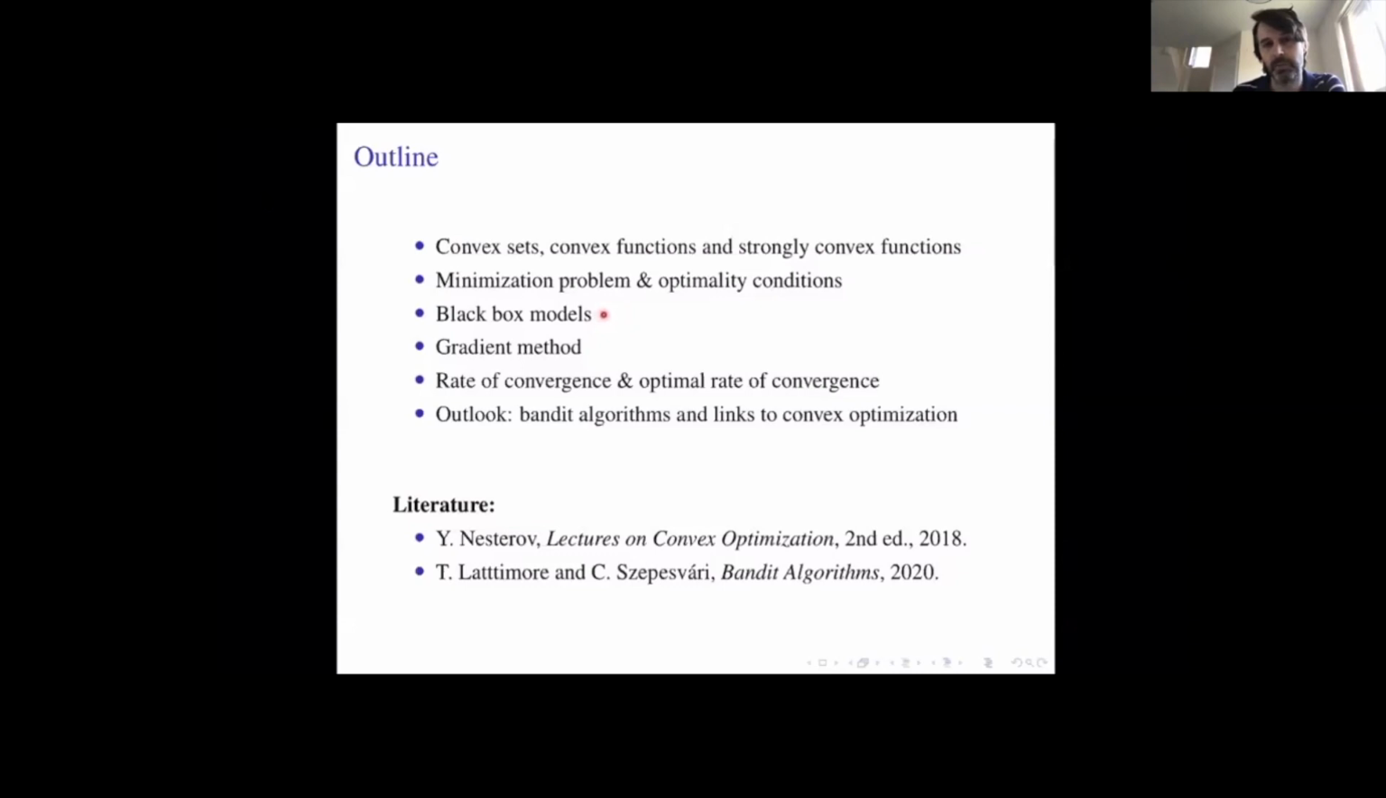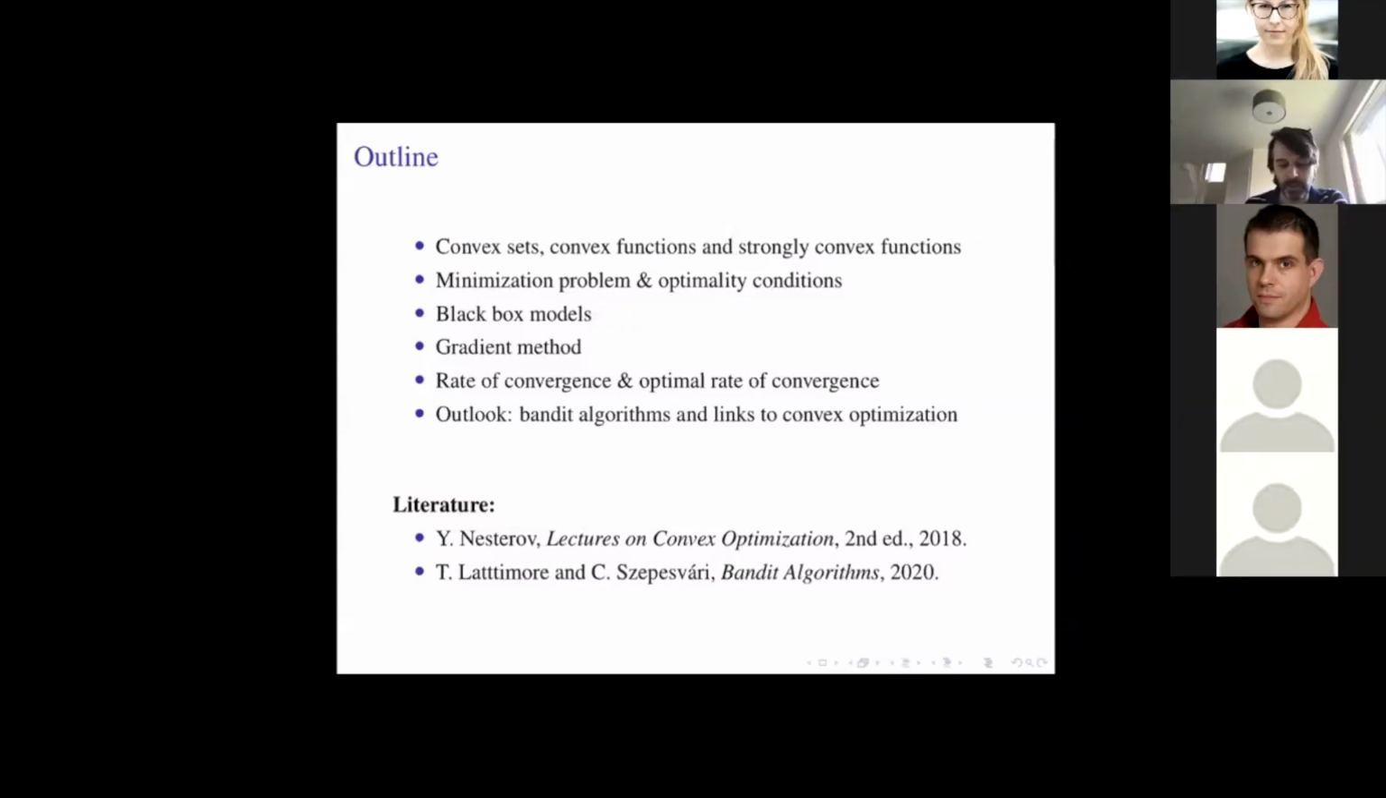Then in a simple example, I'll state the rate of convergence of the gradient method and say something about optimality. Gradient method is actually in this context not optimal, but I'll say something about how you can verify that. Here I won't go into details, but just give some pointers. If I'm fast with the lectures, I'll have a final few slides on the Bandit problem and links to